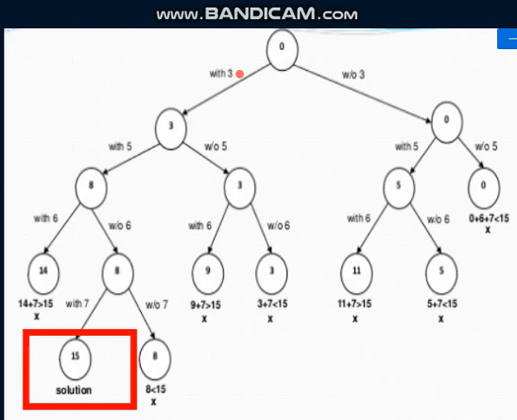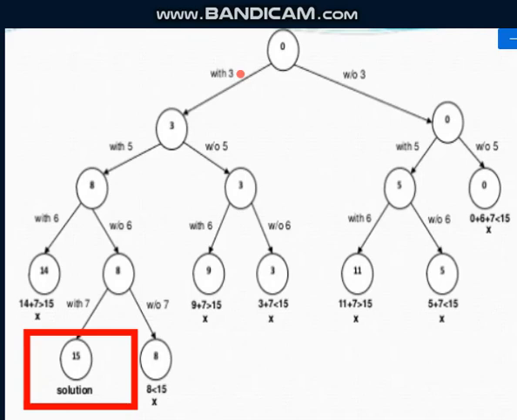See, this is clearly a binary tree, isn't it? This is clearly a binary tree. The only thing is, you can check whether you can include that or you can exclude that. Including 3, excluding 3, including 5, excluding 5. So you are trying to check all different possibilities to get the solution set. And you may not get only a single solution set, there might be multiple solution sets.